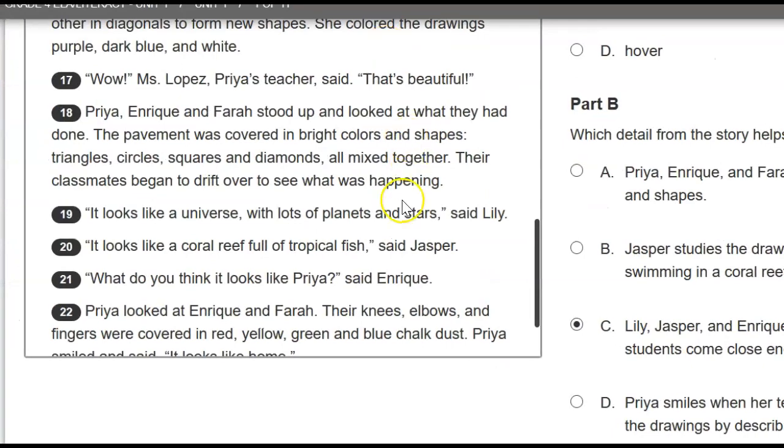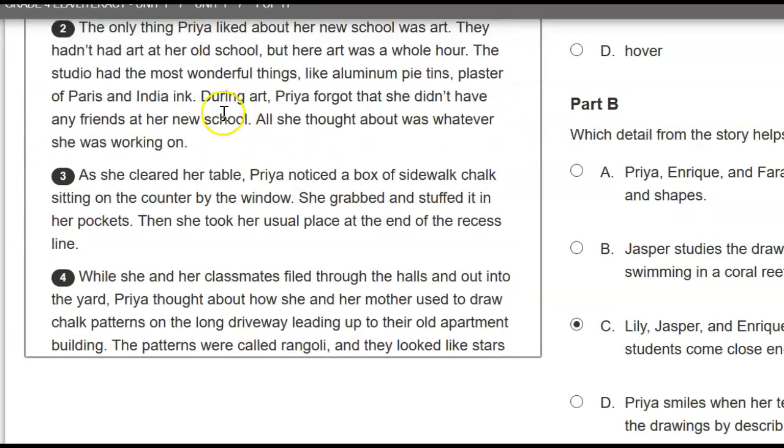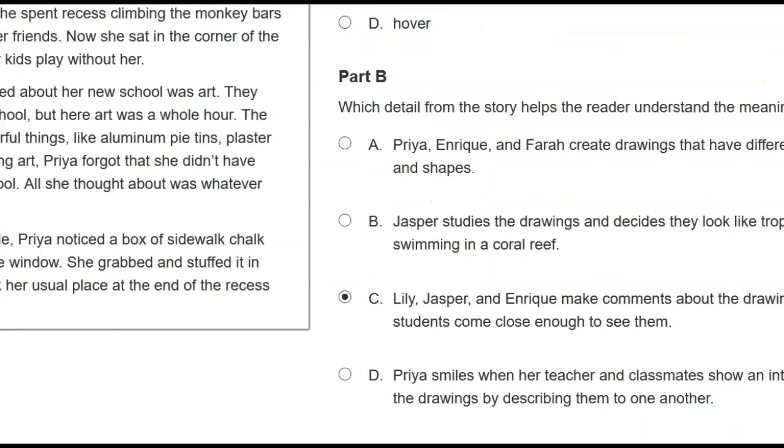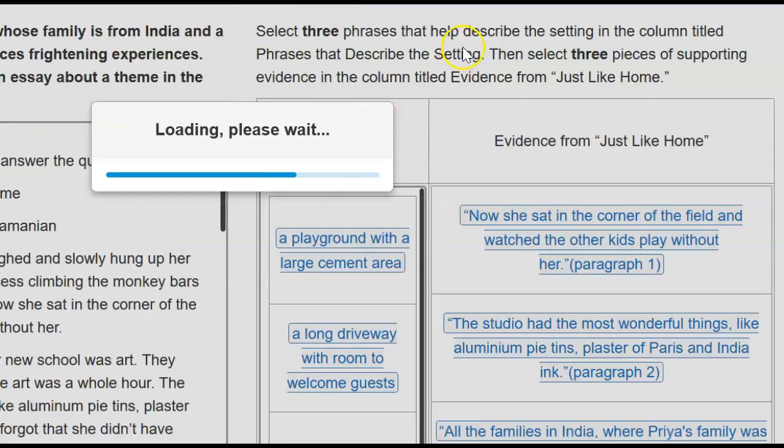And at this point, I'm going to stop the video. I'm going to let you read. Okay? You need to read the story and you need to find the best answer for part B. Okay? Don't look at my C. And our second video will go through exactly that. I'm not going to read the story to you. So the video is going to pick up with part B and then go on to the next questions,